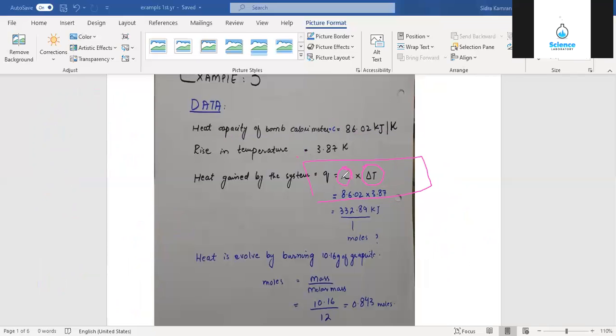So to raise the temperature by 1 Kelvin in the bomb calorimeter with water is 86.02 kilojoule per Kelvin. This is a constant, known value you have to write here. The change in temperature is given in the question, that is 3.87. Both the values are written. The answer is